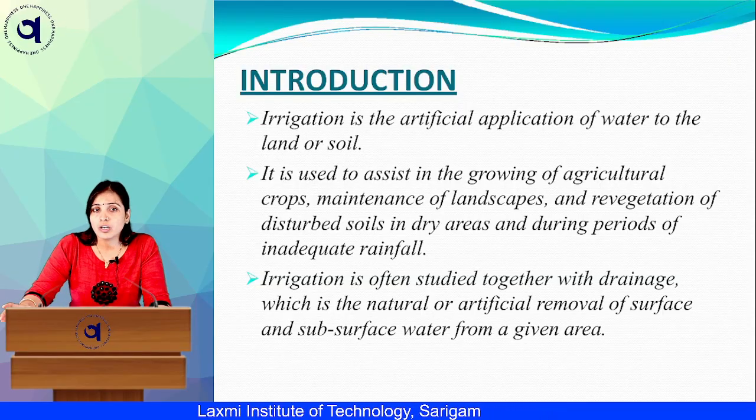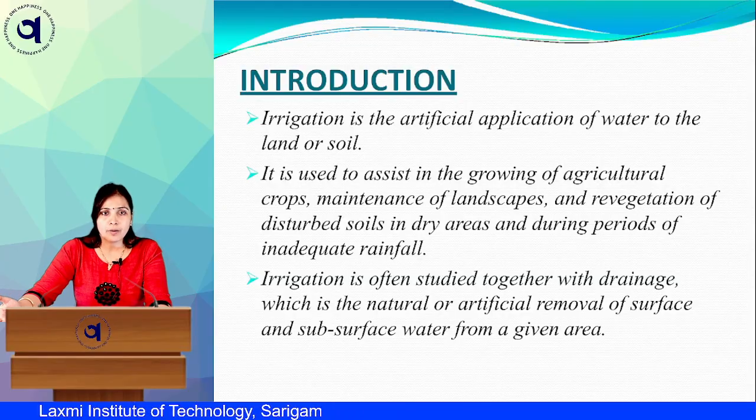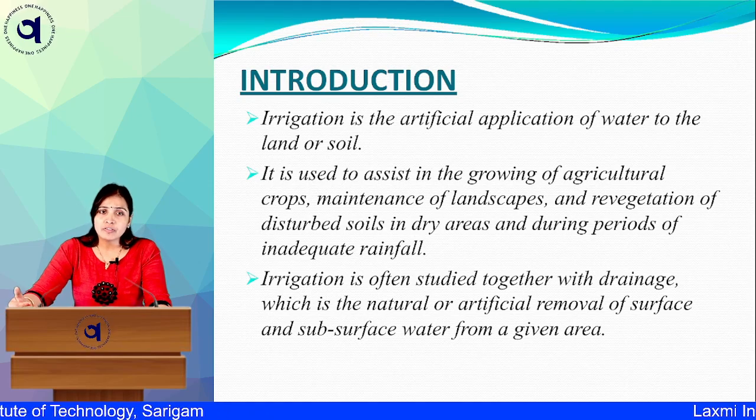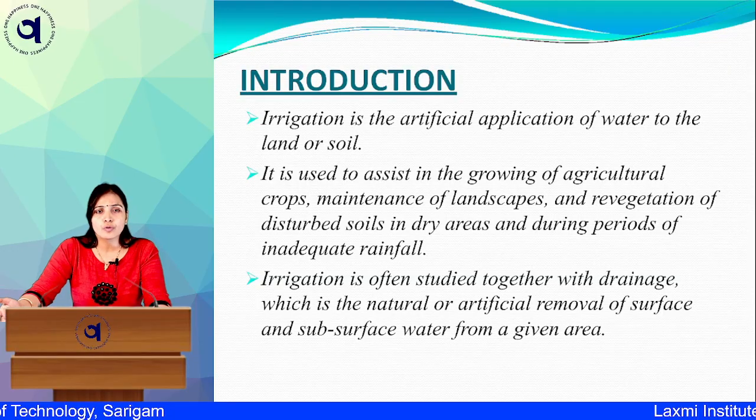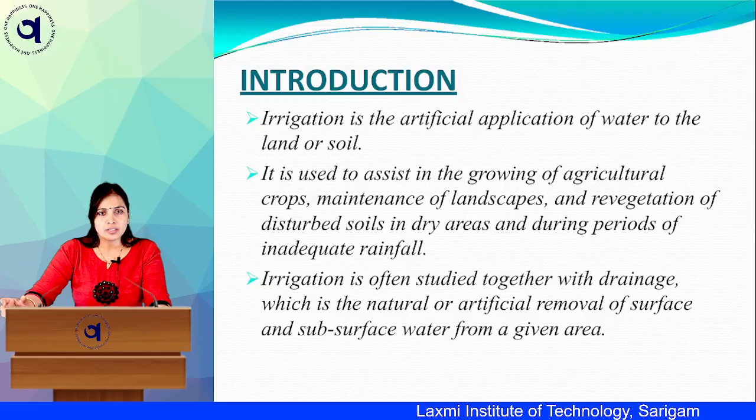So what does irrigation actually do? It helps in growing the agriculture crops. It also helps in maintenance of landscape. Landscape means where in the desert area we need plants to eliminate the carbon footprints, so we are maintaining the landscape. Then revegetation of disturbed soil. What do you understand by disturbed soil? It means marshy land, desert area. Then during periods of inadequate rainfall, and when drought conditions occur, irrigation is helpful to the plant,